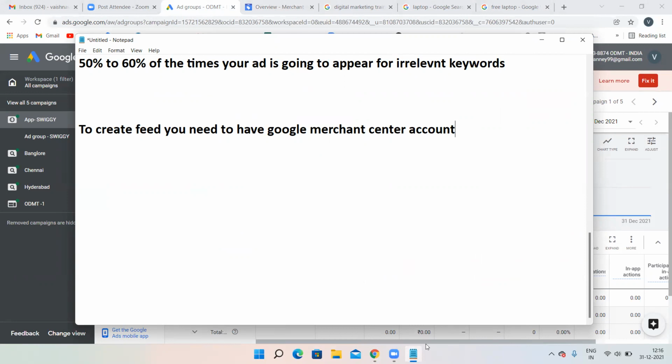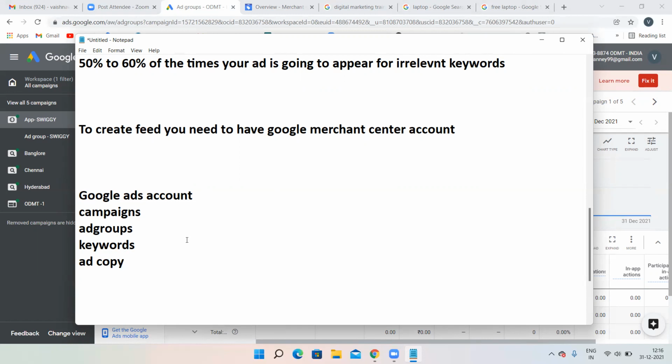Now, coming to how exactly you will be creating your campaigns. How did we create the search network, display network, all these campaigns? First, you need to have a Google Ads account, right? This is our Google Ads account structure. Then you need to create a campaign, then create ad groups, then target keywords, then create your ad copy. This was our general Google Ads account structure.